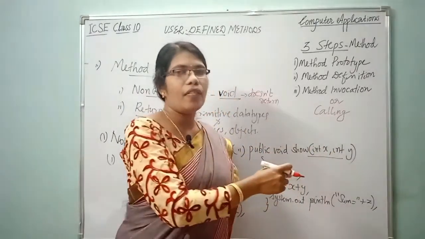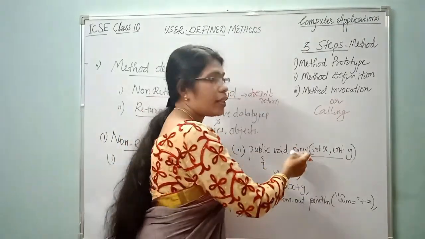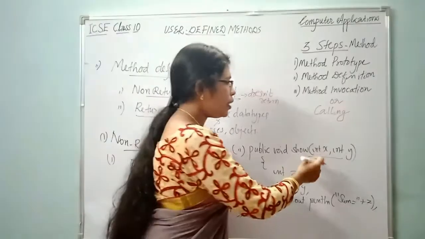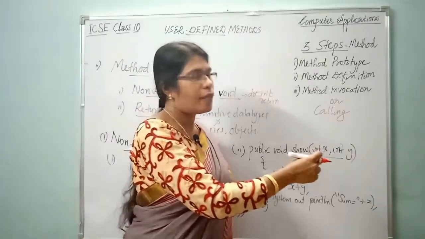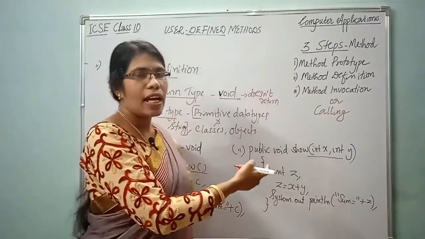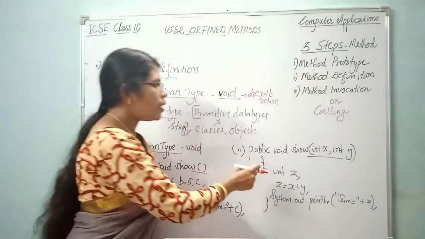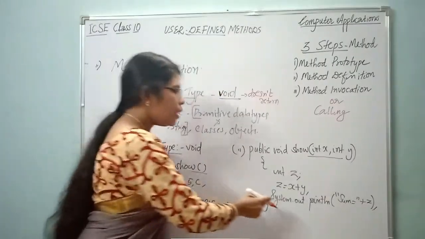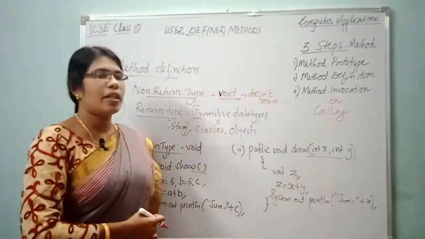But here you have to be careful when you are writing multiple arguments in a method. When you are considering multiple arguments, you have to separate by the comma operator. Int and respective data type of each parameter you have to specify. So int x comma int y, two parameters we have passed. Then inside the method we have given the calculation part alone, z equal to x plus y by declaring the variable z. Then we are printing a message of sum equal to this plus z.